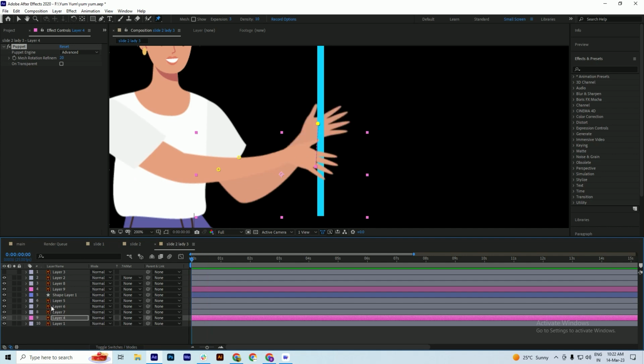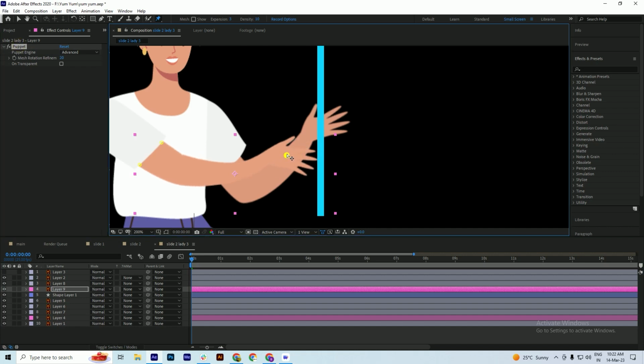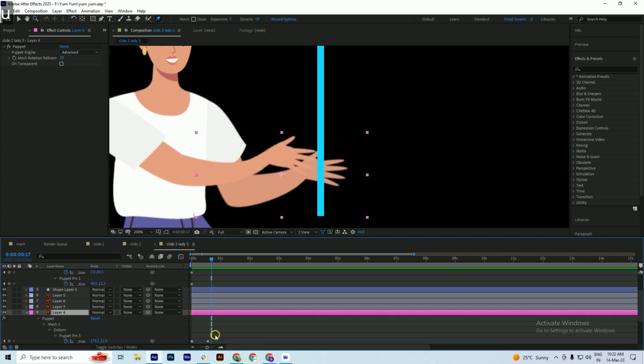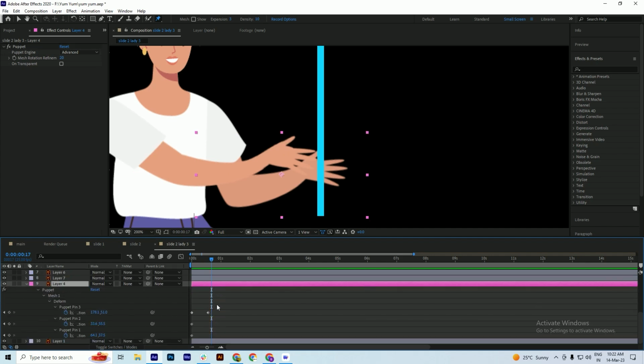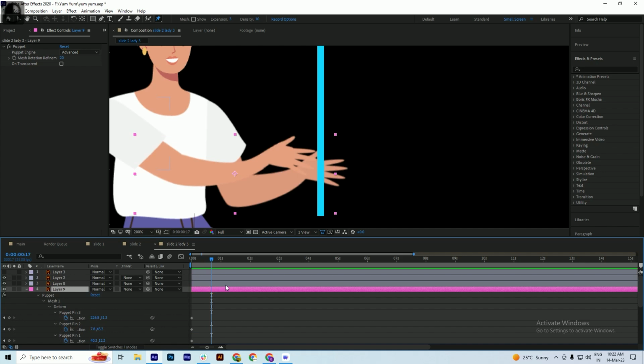Okay, at this point I am just placing this hand something like this, and at this point it is, yeah, it's like this. So now I am going to the above hand